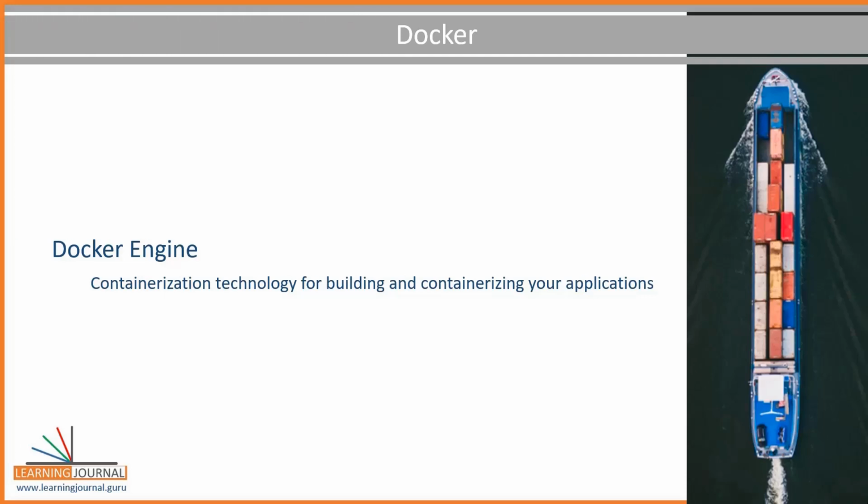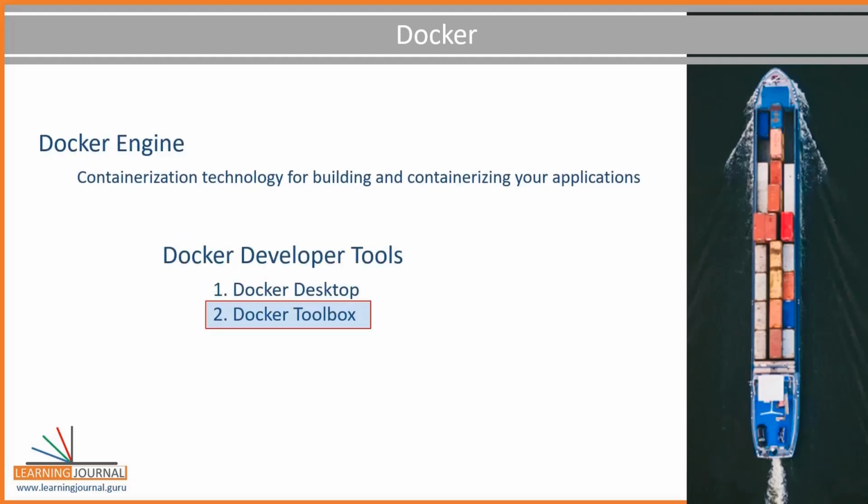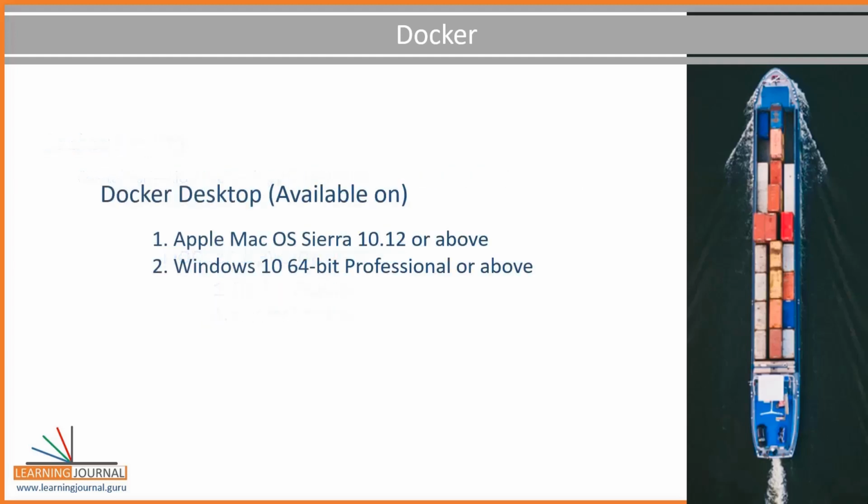But if you are on Windows or on a Mac machine, you have two options: Docker Desktop and Docker Toolbox. Docker Desktop is available on newer versions of Windows and Mac. The Docker Desktop is a native application that provides an easy to use Docker environment. On Windows 10 and on the latest Mac machines, the Docker Desktop uses a Hyper-V technology to create a Linux environment and run Docker Engine. So you cannot install Docker Desktop on older machines because they are not supporting the hypervisor virtualization.